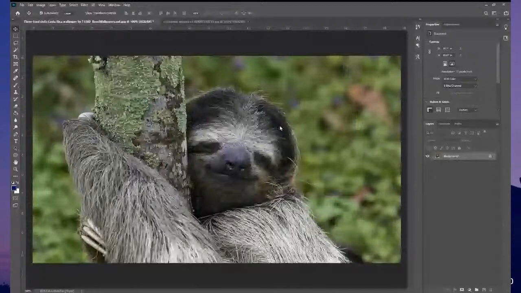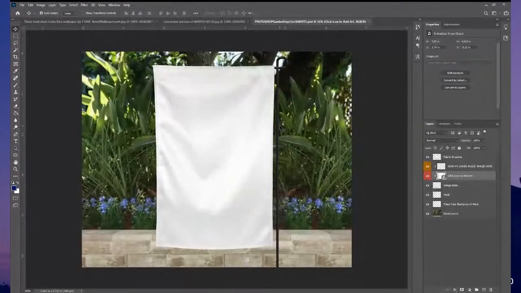I think this is it. Okay, there we go. So there's a mock-up, and I'm pretty sure this came from Style Product Mockups. My wife bought it, but we'll go from there. So here we have our mock-up, and you can see over here, this layers channel is probably the most used